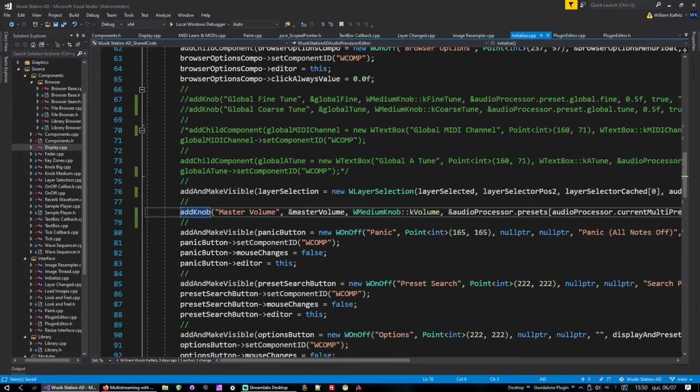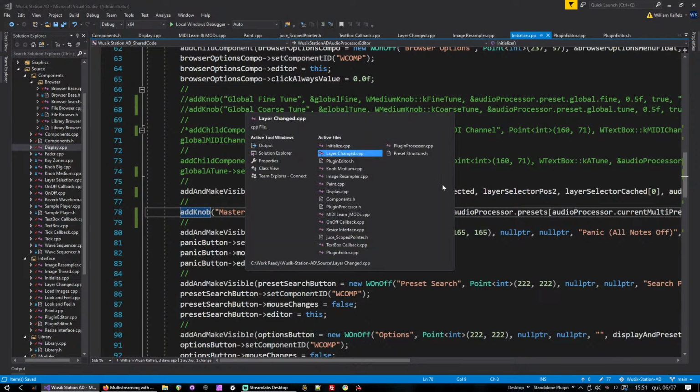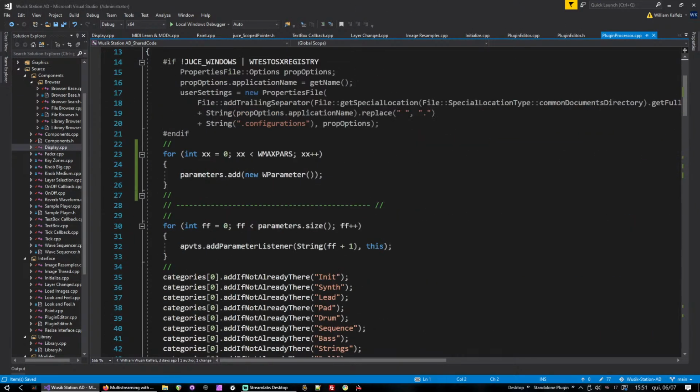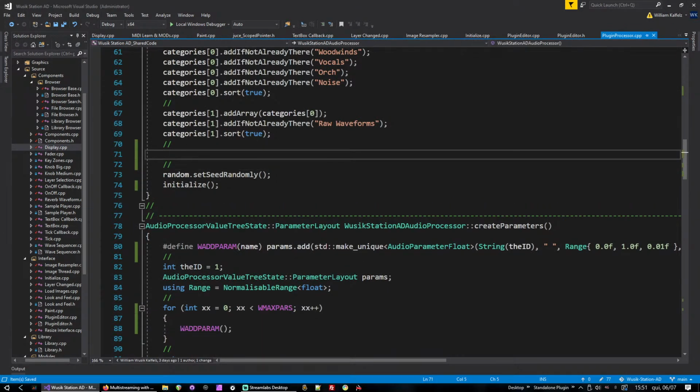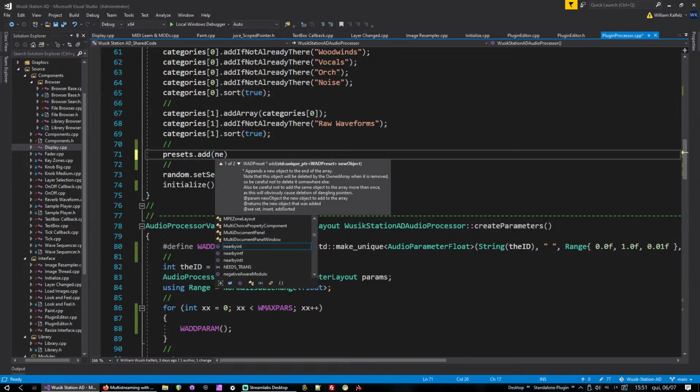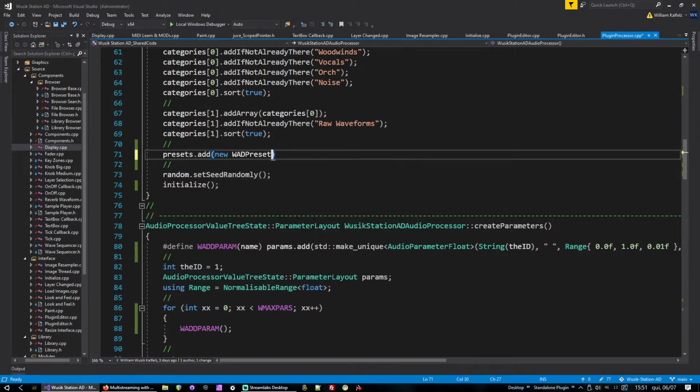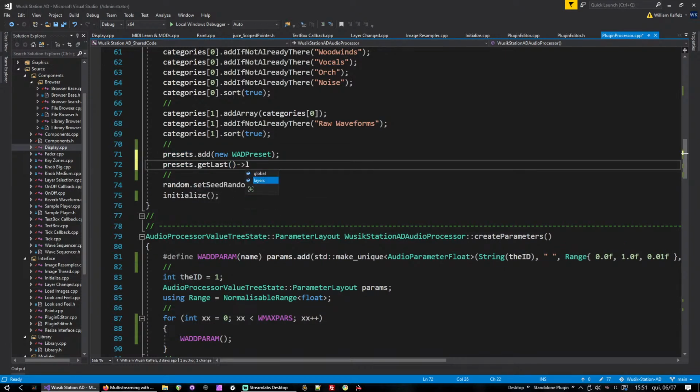That's correct. So instead, well, let's face it. Let's go back to my constructor on a multiprocess because I really need to have at least one layer. Otherwise, it's going to make everything too complicated. So it's going to be presets, add new WAD preset, and then preset get the last layers, add new